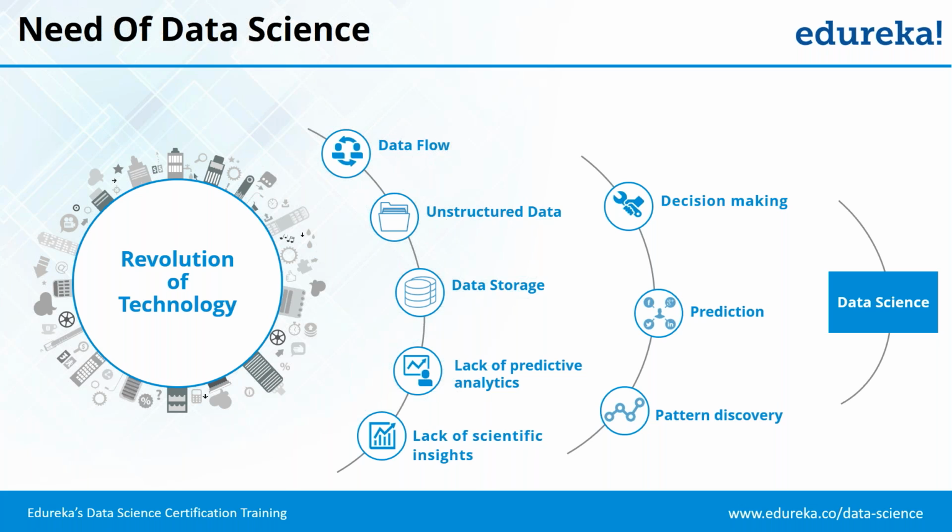Whenever you are traveling on the road, there is a lot of data being created: the speed of the traffic, the switching on and off of traffic lights. And on your Google Maps, which everyone is using nowadays, all the data of the traffic flowing on the roads is captured through satellites and transmitted in real time to your handheld devices, telling you whether the traffic is more in one particular locality or less, or whether it is favorable to go in that direction. And then you also get suggestions on which route to take and which routes to avoid. So there is a lot of data being created as we do our day-to-day activities.